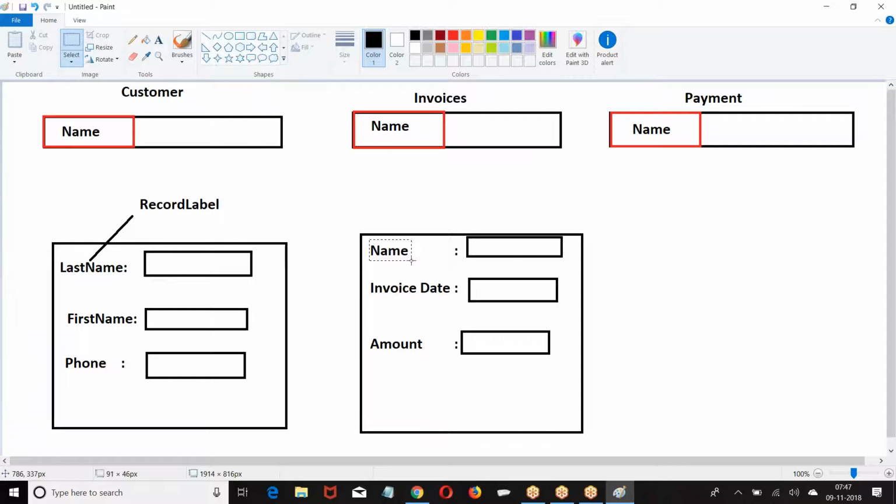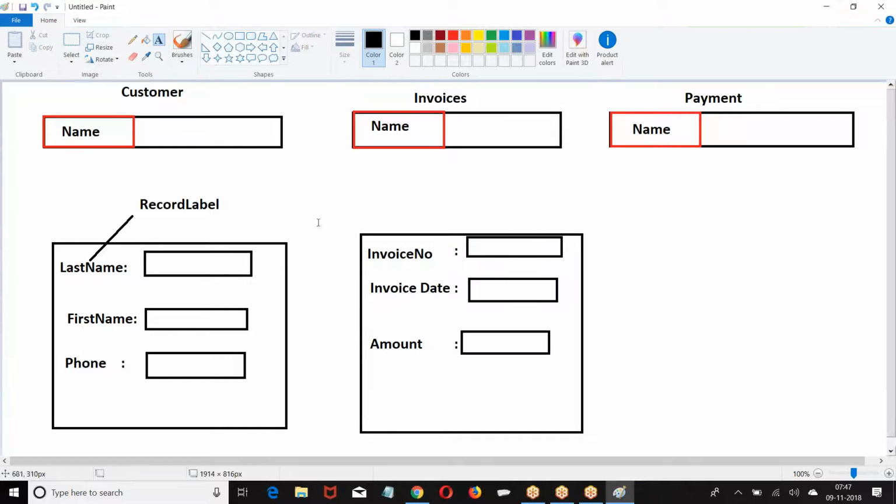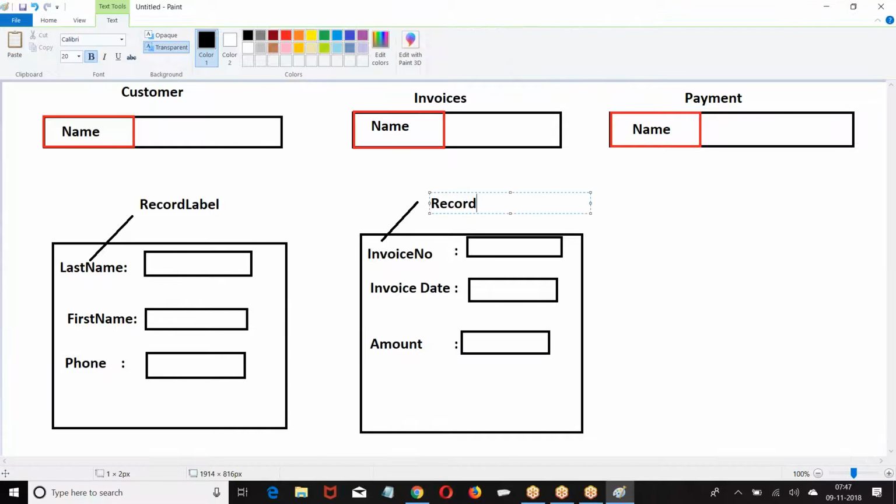So I want to give that as the record label. I hope you are good. With what label the name field should be displayed on the UI is given as record label.